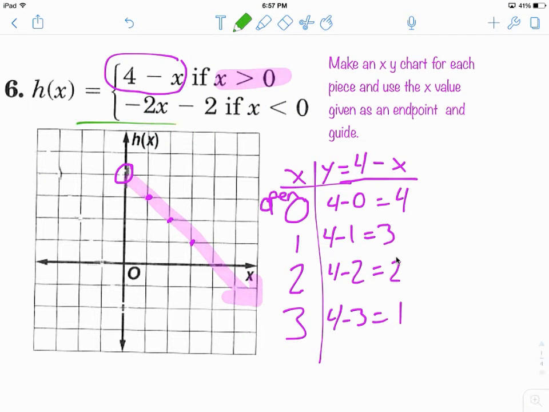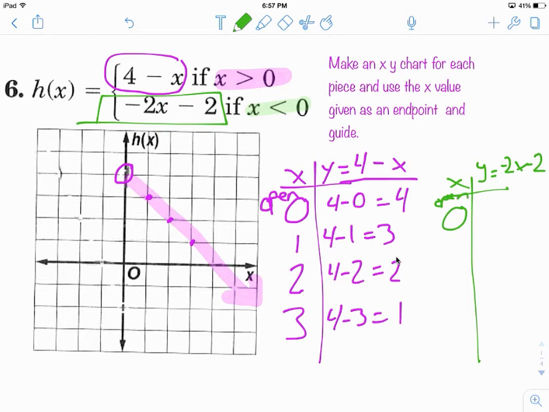Okay, next I want to do this green piece, if you would. So I'm going to have another XY chart. And this time my y value is equal to negative 2x minus 2. And we're going to start again with the 0, which is again open. And it says x is less than 0. So not only is it open, it's also going to go to smaller numbers. So we're going to put these in here